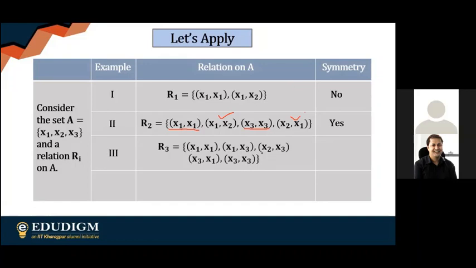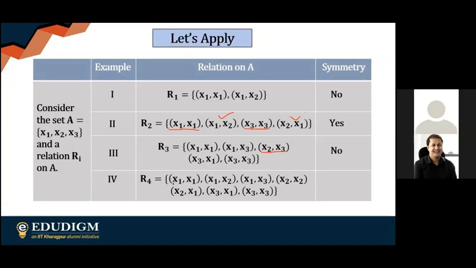Obviously, if you look at this, the inverse pair x3 comma x2 is not present. So I don't even have to look at the other ones, and we can straight away say that it's not symmetric. And finally, for the last example, you can go ahead and check whether for each and every pair you have the inverse element or not, and you will see that we have them. So as you understand, if it is symmetric, you need to check each and every pair for the definition. But for a relation that is not symmetric, you can just go ahead and point out one counter example.